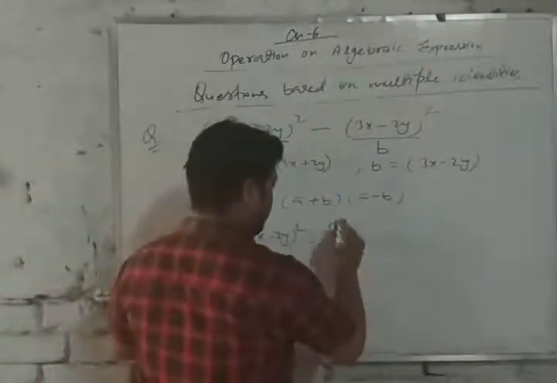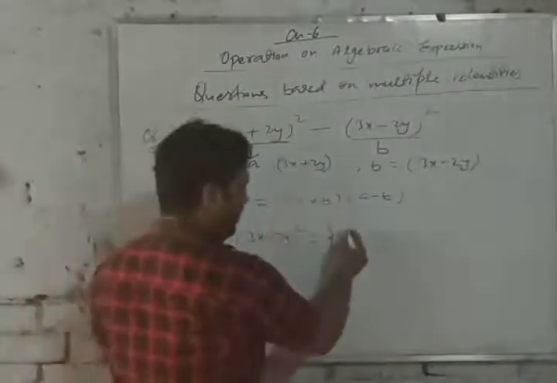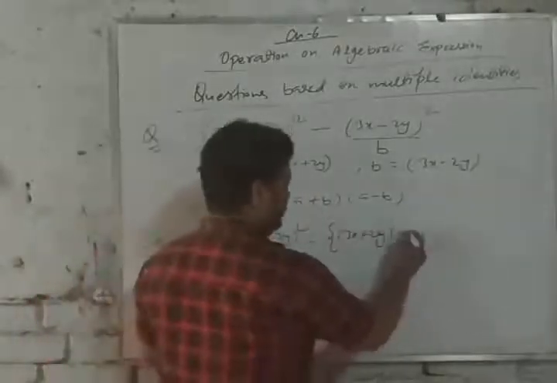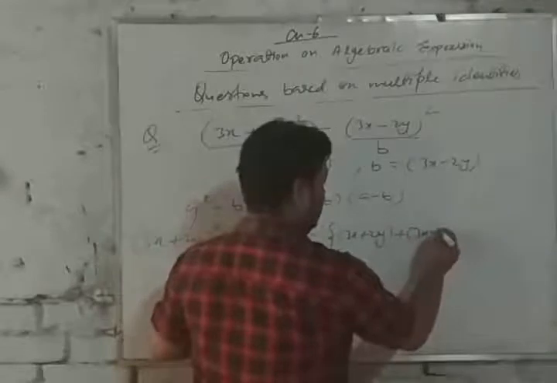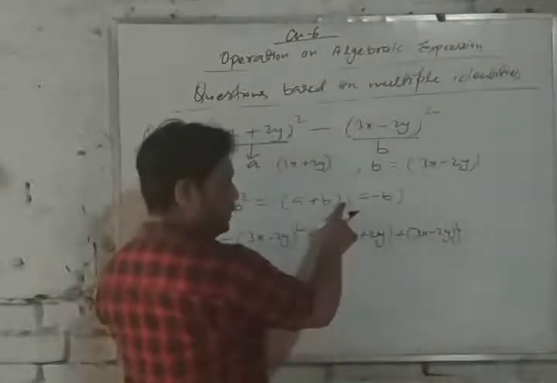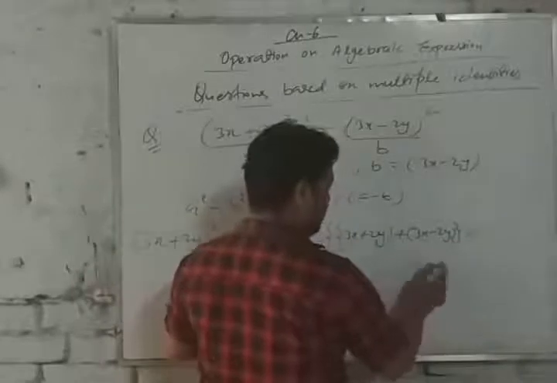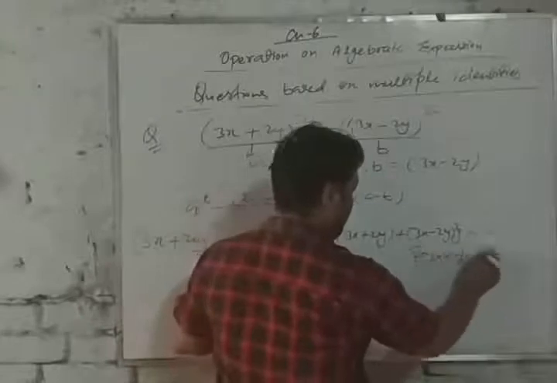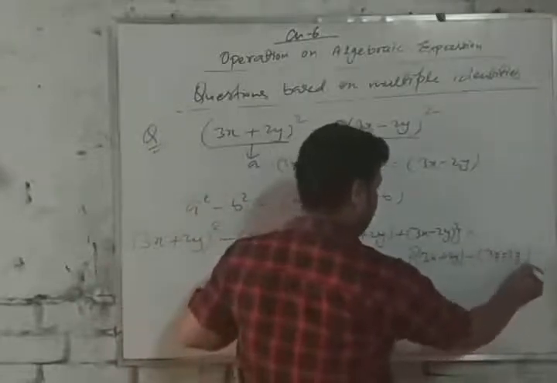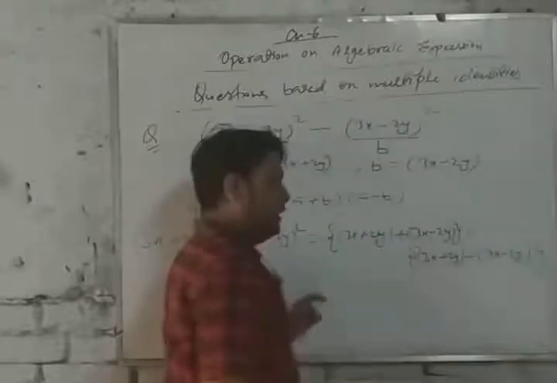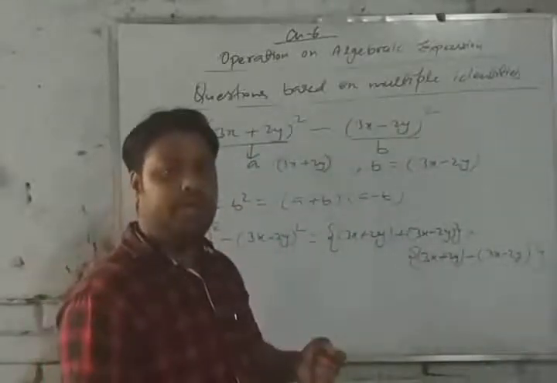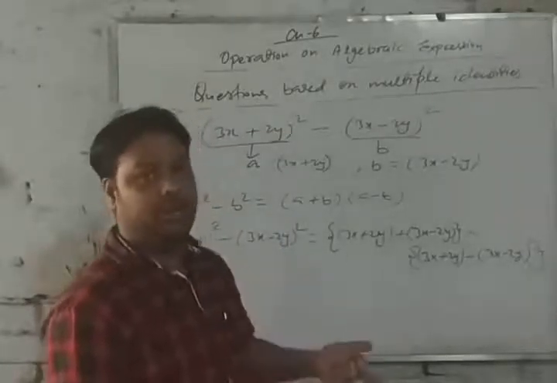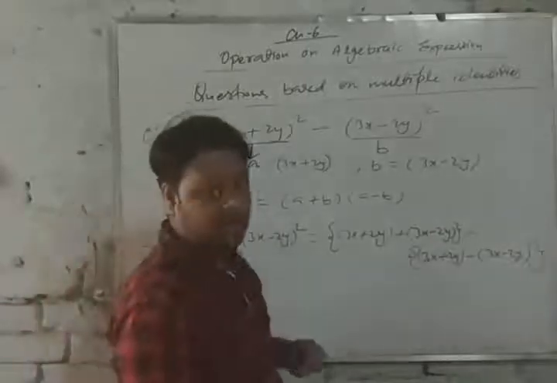Now here the value of a is 3x plus 2y. We keep it in bracket, and I have made a middle bracket, plus b, the value of b, 3x minus 2y. Now in between, the multiply sign. Now a minus b, again in middle bracket, (3x plus 2y) in bracket minus (3x minus 2y) in bracket. It is necessary to use brackets. If you use brackets, your answer will not go wrong. Every time your answer will be correct if you use multiple brackets, that is small, middle and big brackets.